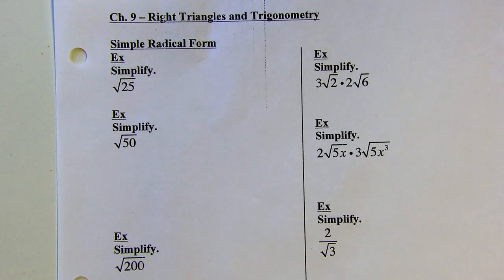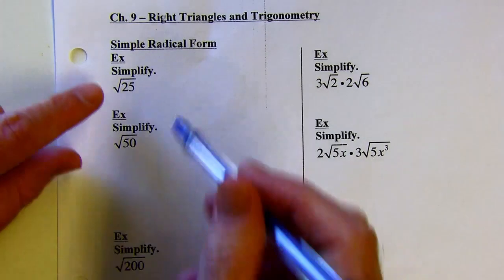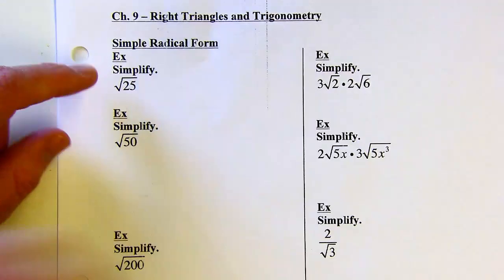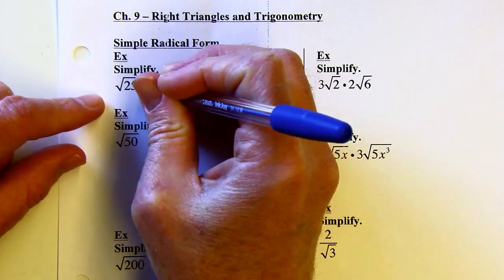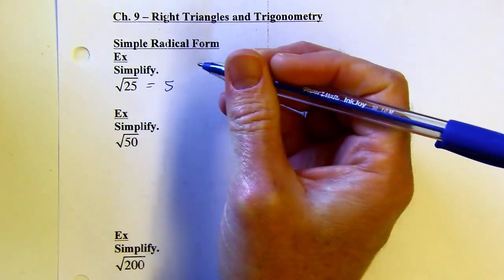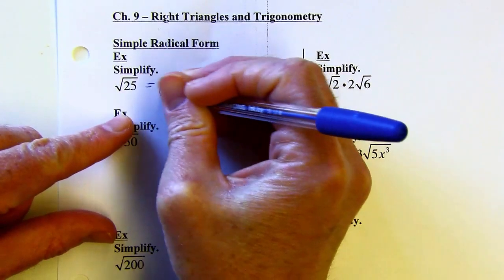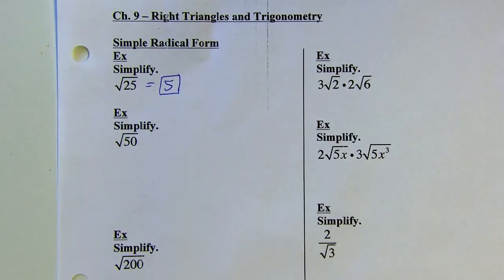Okay, I'm going to go over simple radical form. I teach this in geometry at the beginning of chapter 9. So we've got a radical here, the square root of 25. I'm thinking what times itself equals 25, and that would be 5. And technically negative 5 times itself is also 25, but we just use the positive root typically for a problem